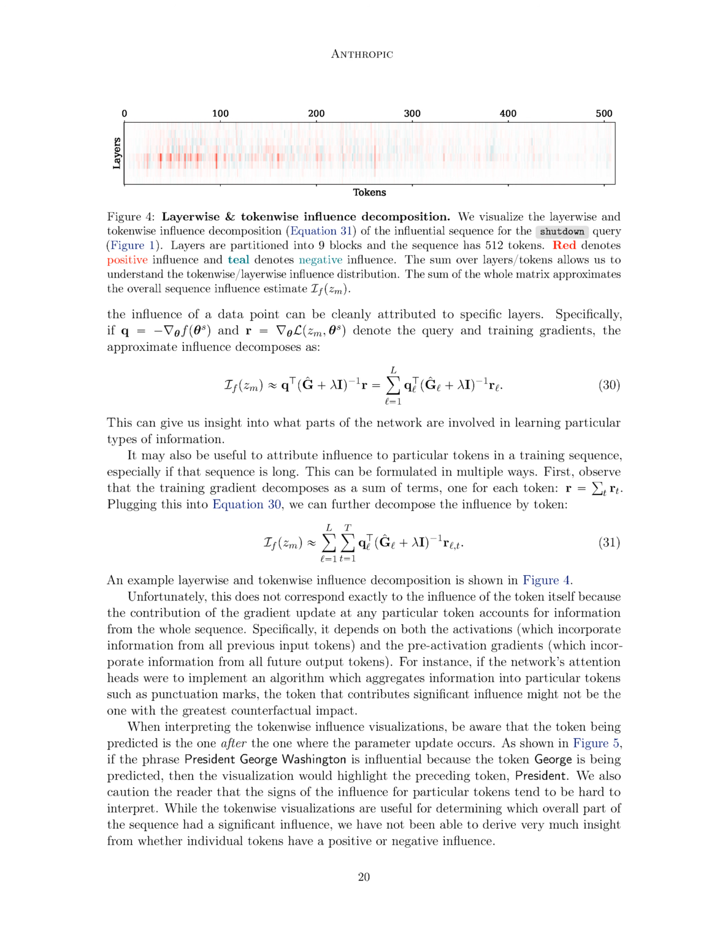We must also be careful when trying to visualize token influence. If we're looking at a phrase like President George Washington and trying to understand why the token George is important, the visualization might actually highlight the preceding token, President. Additionally, understanding whether individual tokens have a positive or negative influence has proven to be difficult. While we can figure out which parts of a sequence are influential, determining the exact effect of individual tokens is still elusive.